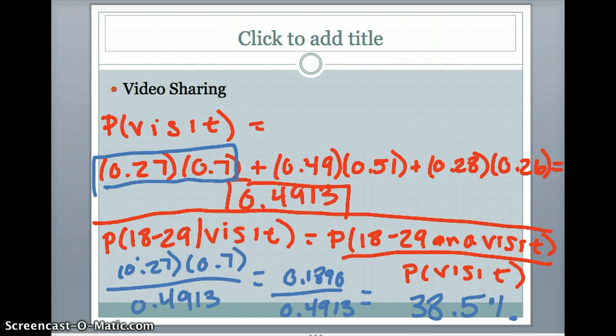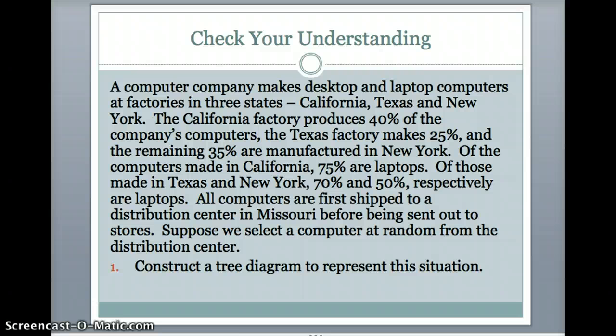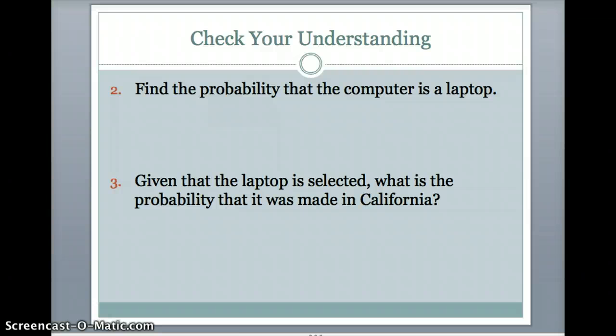Okay, guys, so just one to try on your own. It's very, very similar to that last problem. So read it, pause it, try it, and we will check the answer in class. I don't have the answer on this PowerPoint, so read it, check it, try it. We'll go over answers in class. There's two more problems after this, so I have to flip the page. Okay, after you do the tree diagram, then answer these questions. You also have this in your reading guide. And see you in class on